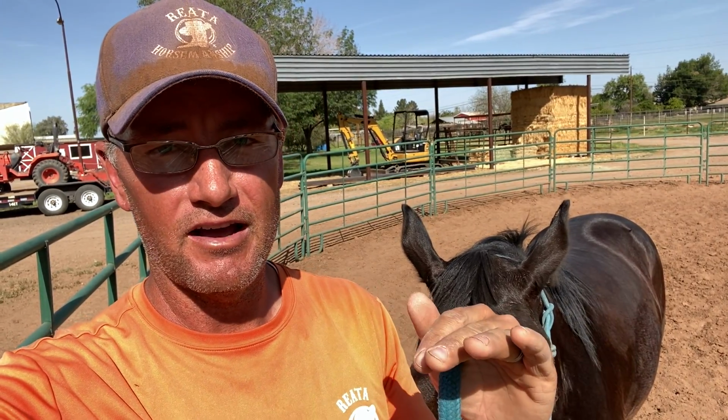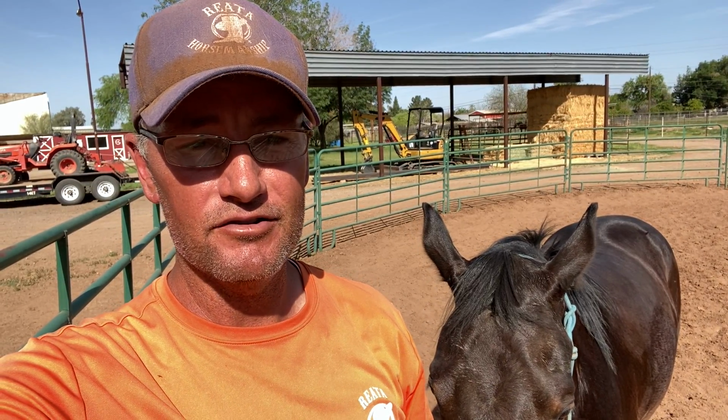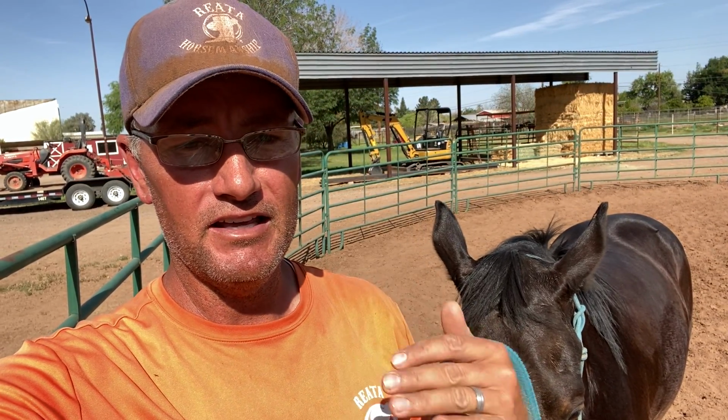And once she figures out that the whoa and rubbing means to stop, then she'll start stopping a lot quicker. As soon as I reach up to rub and say whoa, she'll stop, versus continuing to fade that way. And the same thing goes under saddle. If I sit on a horse and yield the horse's hindquarters, and then I take my leg off and ask the horse to stop by taking the leg off, and she just keeps yielding her hindquarters and doesn't stop, she just keeps going in circle after circle after circle,